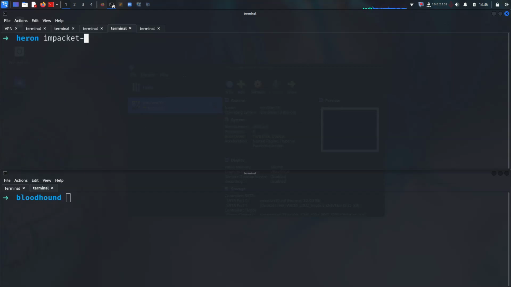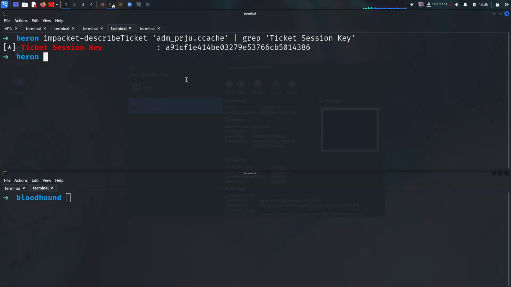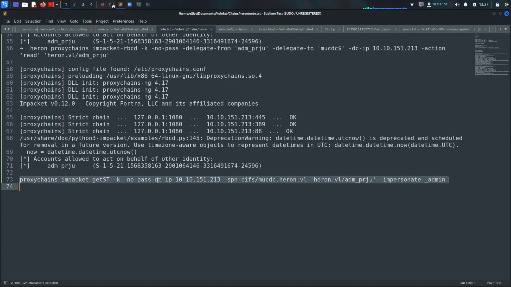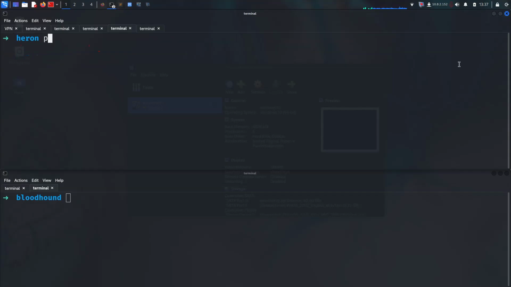Impacket describeTicket for ADM project cage and grab the ticket session. Okay, was this one right now? All right, then proxychains python3 smbpasswd, doing this one